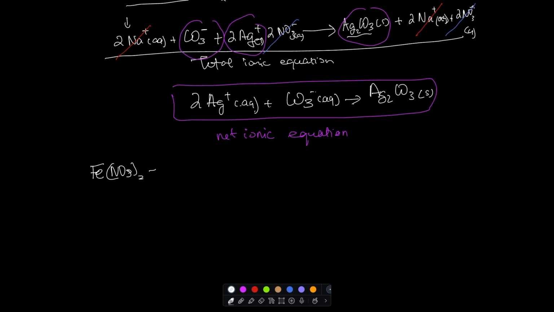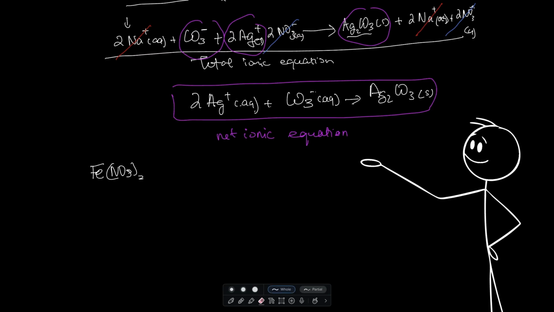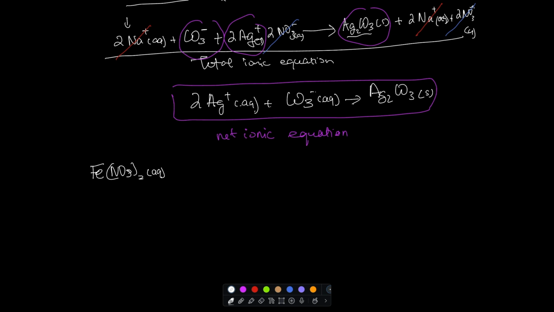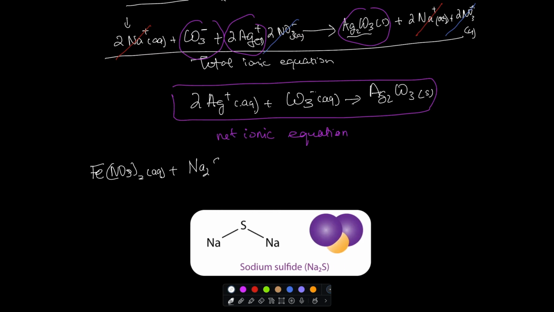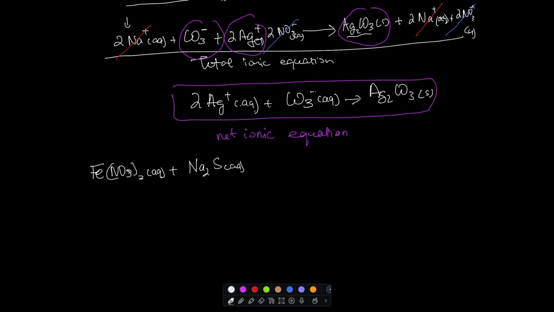That's a 3 over here that we combine with, and of course, remember we need to put the states, so we can't rush too fast. And then we're going to combine with sodium sulfide. So we have sodium sulfide aqueous. That will give us iron sulfide, which is a solid, plus 2 NaNO3